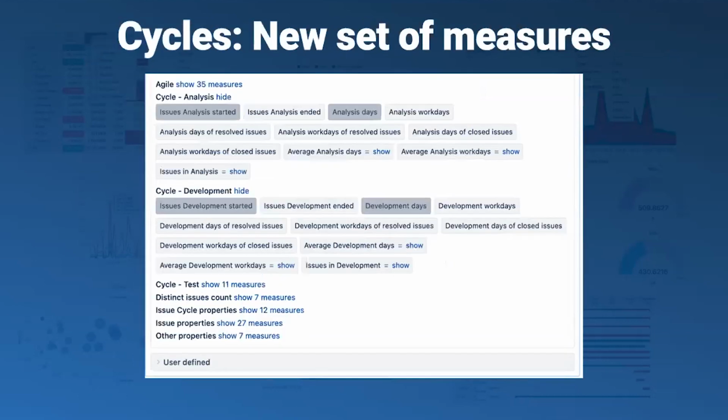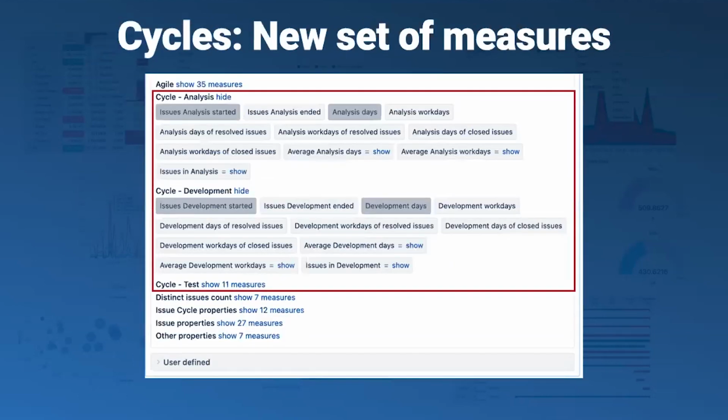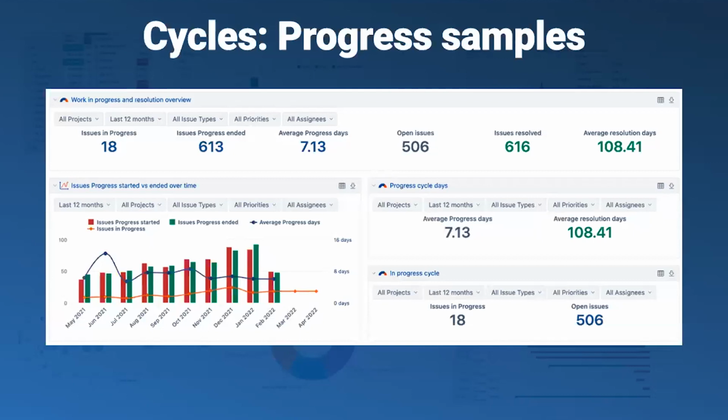So when we are importing, there is a new set of measures for each cycle. So I had analysis, development, test. Also, there are issue cycle properties imported, like when the cycle started, when it ended. Also, here are new sample reports. This is if you import